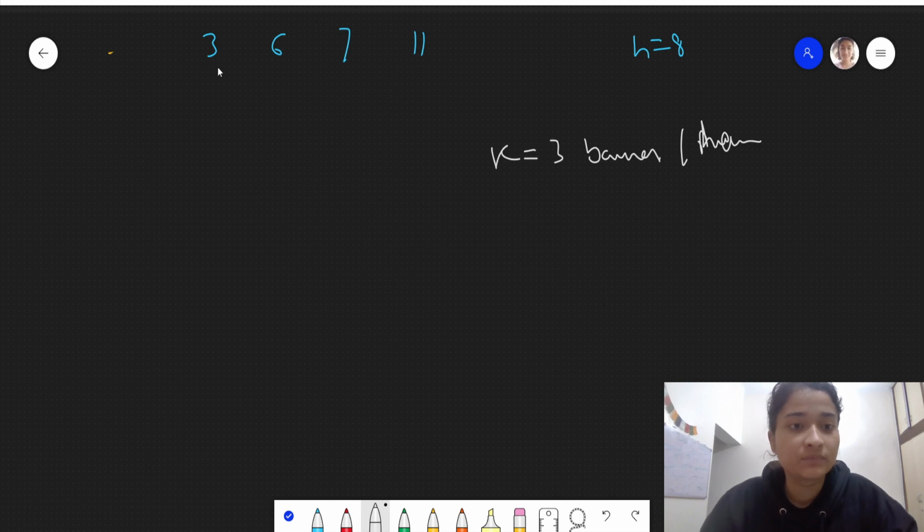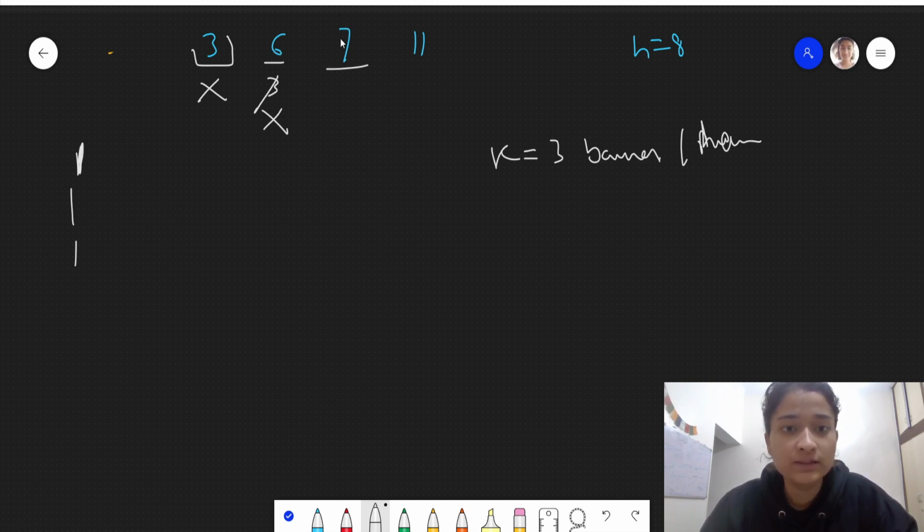So see, first of all, we have total 8 hours, right? 3 bananas Coco will eat. So first of all, Coco will eat all these 3 bananas. These will become 0 and 1 hour is gone. Then she goes to this pile, 3 bananas she eats in 1 hour. 1 more hour is gone and 3 are left from this 6. Then in the next hour, she eats these 3 and now nothing is left from this pile. Right? I hope you're following.